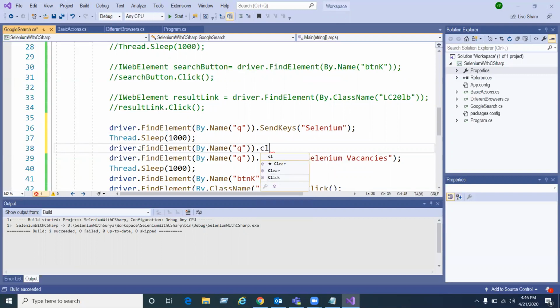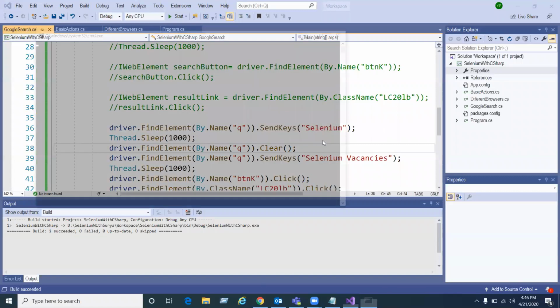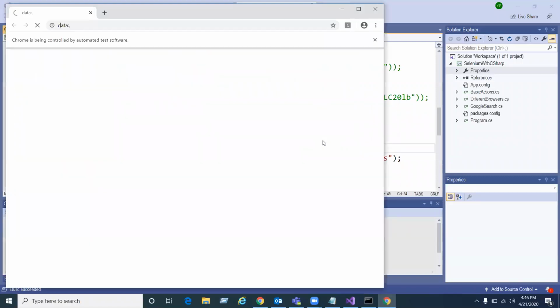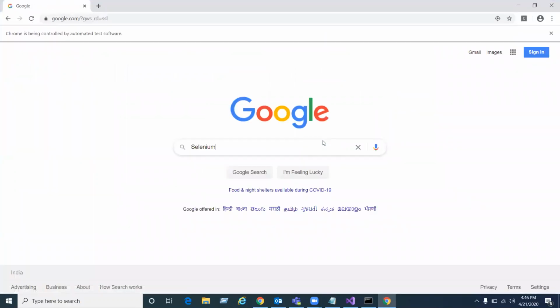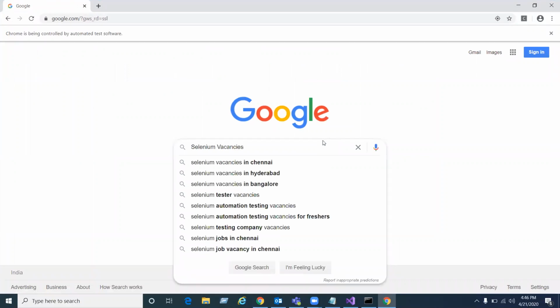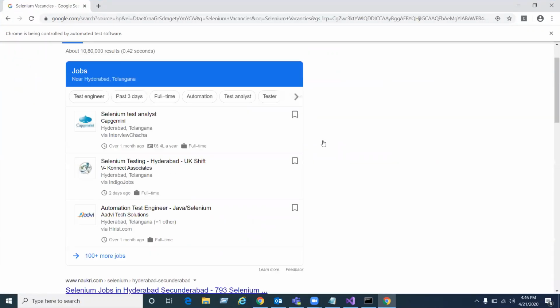There is a method called clear. Clear means it will clear the text, whatever you are writing. Now Selenium, first it cleared, and then Selenium vacancies. That is what it is.